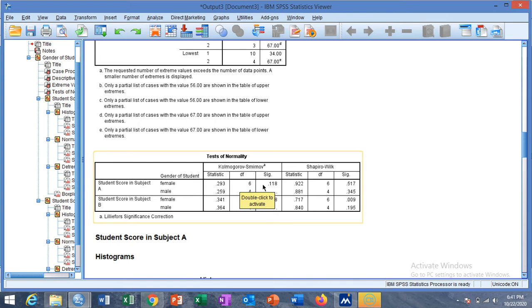If the p value suggests that the null hypothesis is accepted, then the data is normal. Otherwise, we say that the data is not normal.